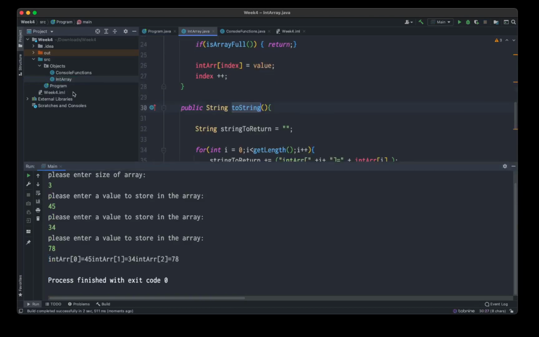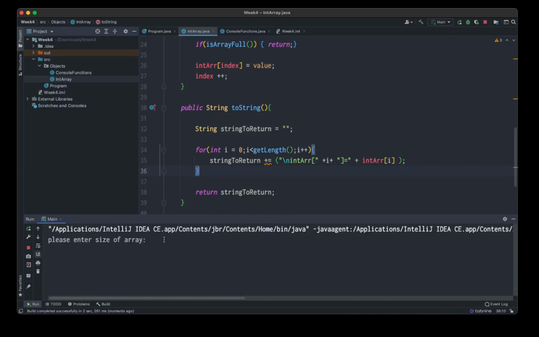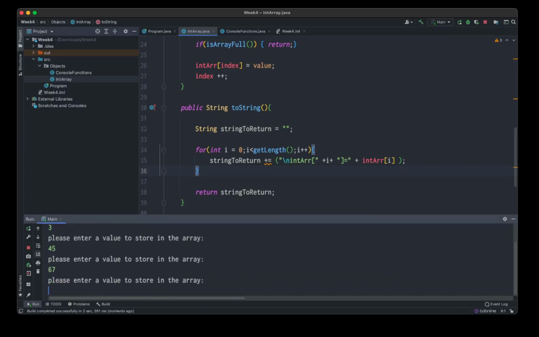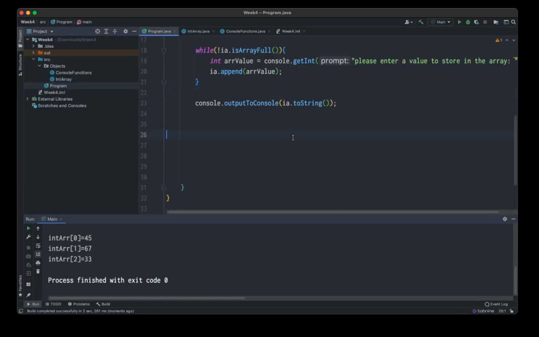So we need to go back into the integer array here and actually do something like this. Maybe put a \n, but actually the string builder and other mechanisms do a nicer job for you. Let's run it, and so it just displays it a little bit neater. Enter length 3, 45, 67, 33. There we go. So now all of that code is in my own object, whereas the program only needs